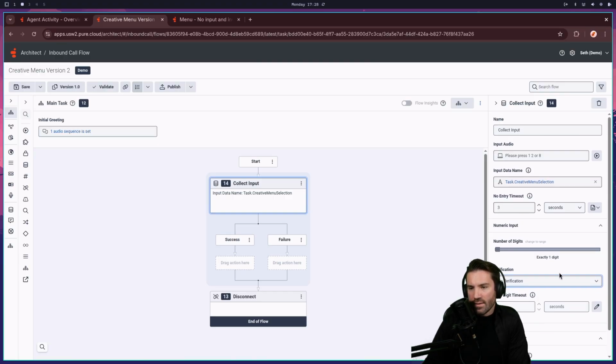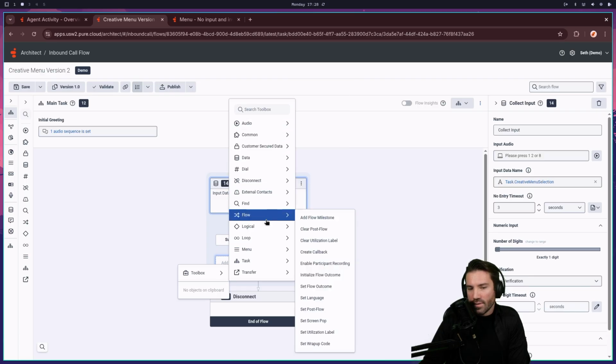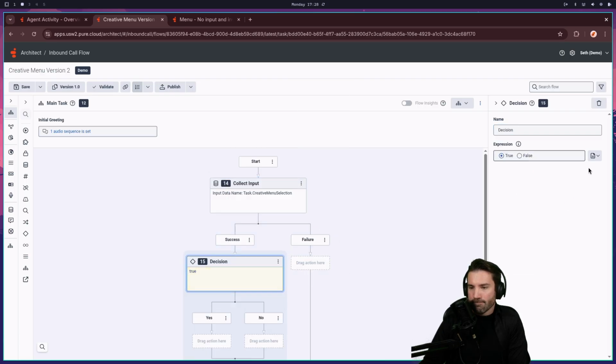So right now we've created the prompt and the collect input. So now make an insert. They can dial really anything: 1, 2, 3, 4, 5, 6. Then here, we're going to have a couple of things that we're going to have to build out. This is where it's totally valid to do it this way, and probably there is a lot to it just because of how specific these business requirements are. But I'm going to have to build out some things here. So let's go in here and we'll say decision, and then we'll evaluate